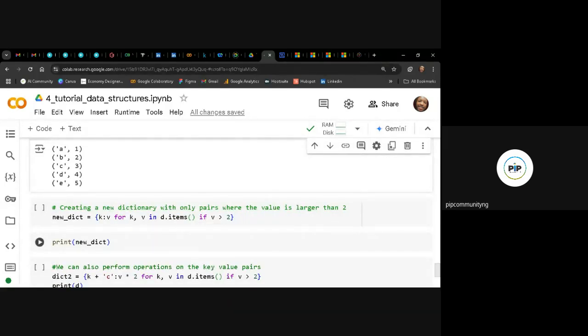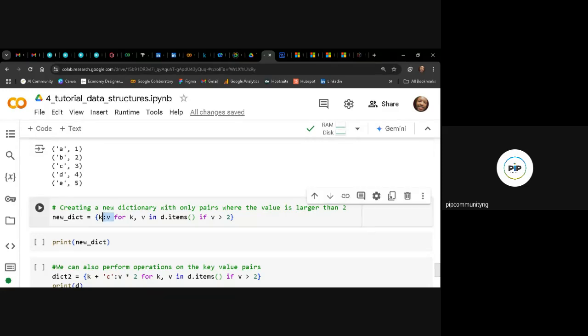Then you can also create a new dictionary. That's why I say list comprehension. You can also create a new dictionary with only pair values. So you can see this is what we are doing now. We are creating a new dictionary with only pair values where the value is larger than 2. So we are also using the for loop to create a dictionary. So we said new dictionary is equal to K to V. Now, this is what we call slicing. It's a form of indexing, but it's slicing. So we are putting the slicer inside the dictionary. So we are telling it, create K from K to V,